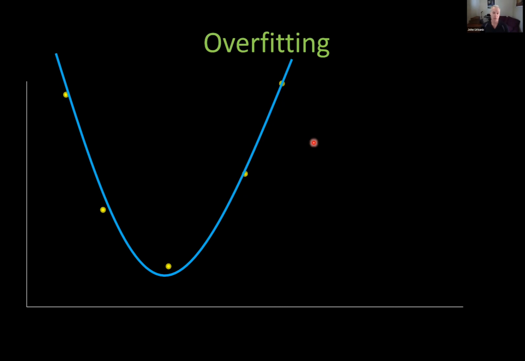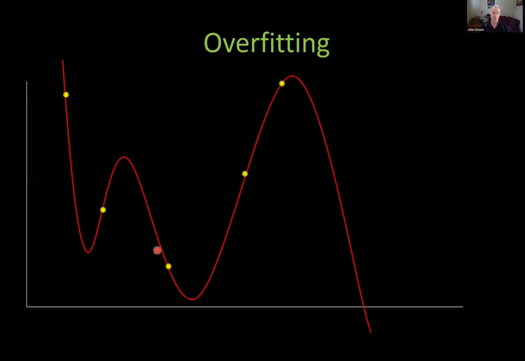That's simple algebra, right? And because they're clever and smart and they learned that week, they said, I'm not going to tolerate this error that you have here with your second order curve. We're going to fit this with a fourth order curve. And when I fit this with a fourth order curve, this is what I get. And I've hit every data point. I've driven the error to 0. Okay, well, is this a win?